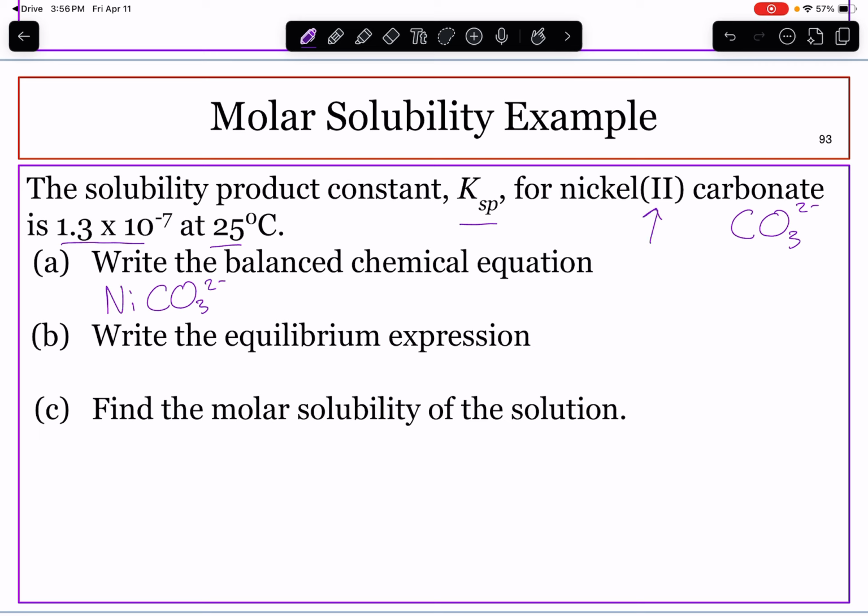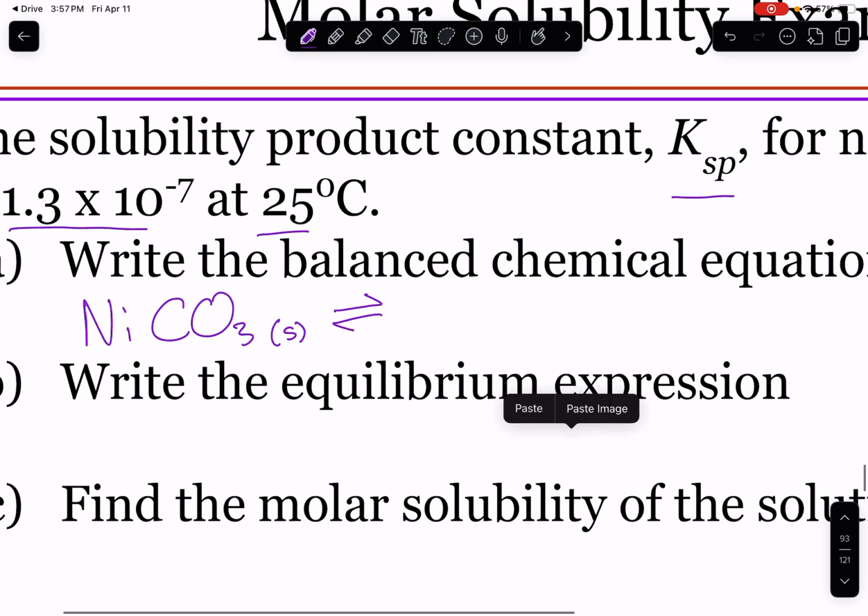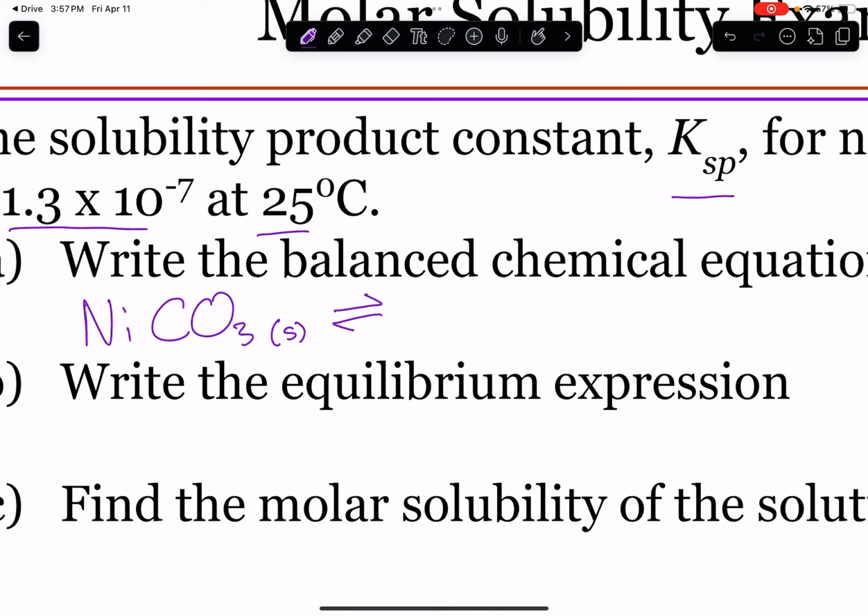The Roman numeral on nickel in the name tells you that nickel has a 2+ charge. Therefore, 1 nickel and 1 carbonate gets us nickel carbonate, and that is neutral. These reactions always have one ionic compound, or salt, as a solid on the reactant side, the left-hand side. Write a double arrow. The dissociation reaction is what nickel carbonate, or the ionic solid, breaks apart into. It always breaks apart into a positive cation, usually the metal, and a negative anion, usually the nonmetal